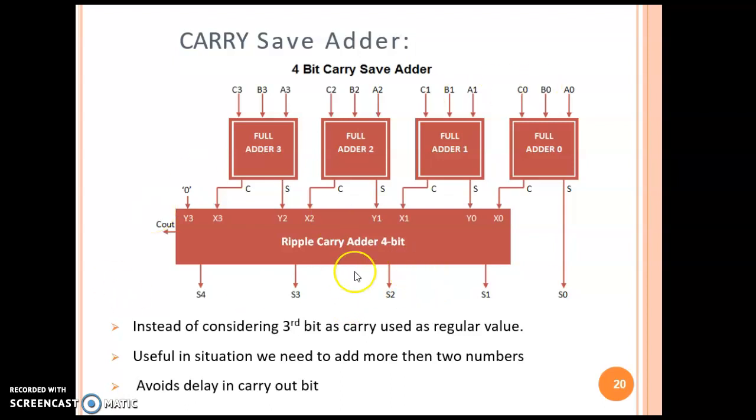And the carry save adder, which is the last adder. In this, normally the C0 bit is taken as a carry bit, but instead of taking this as a carry bit, we can consider it as a third bit. That means here we can do the addition of three data A, B and C simultaneously. So A0, B0, C0. Now this sum is the final S0. This carry will be given to another ripple carry adder. This sum is given, so this X0, Y0 is nothing but the carry of this and the sum of the first we are adding. So we'll get S1. Depending upon this, we are adding the